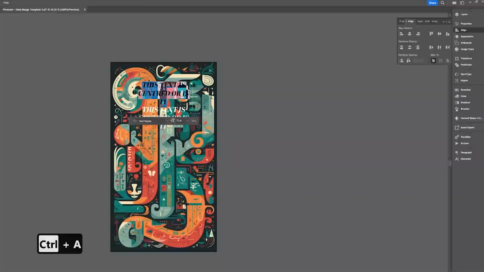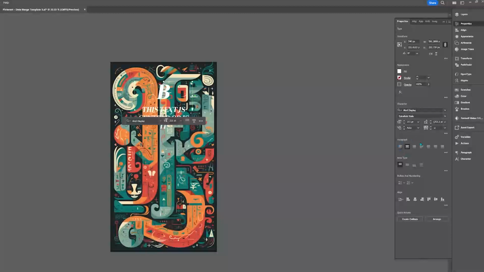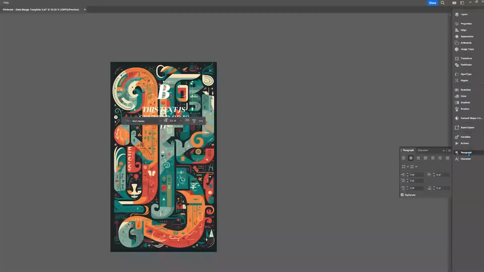the data merge. As you can see here, I just duplicated the text and I'm creating a fake initial to demonstrate that if the text itself is center aligned, it will be center aligned with the text. If it is aligned with the artboard in the center, then it is aligned with the artboard. So you need both of them to be centered if you're wanting to have, for example, everything center aligned text and